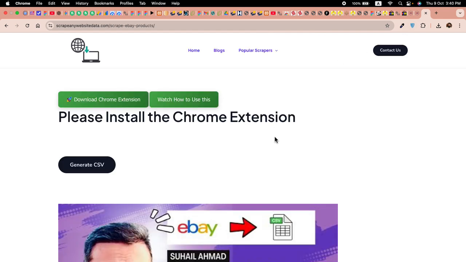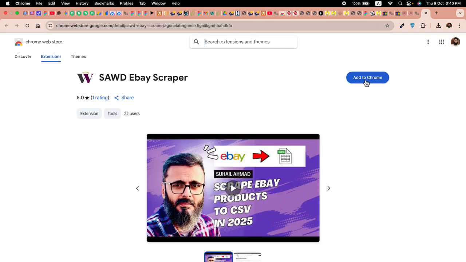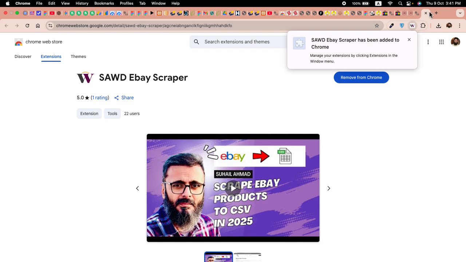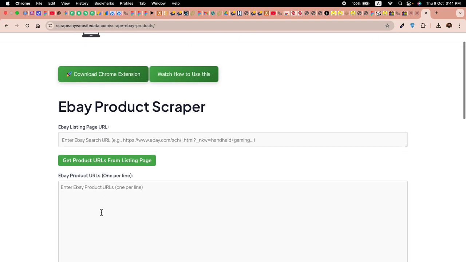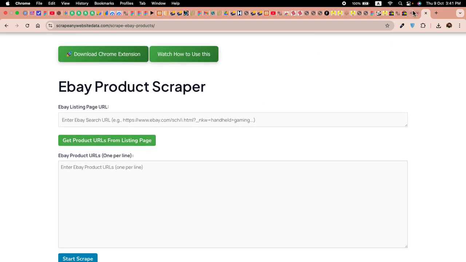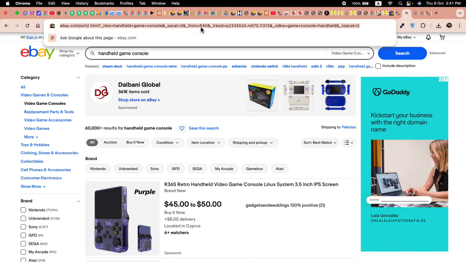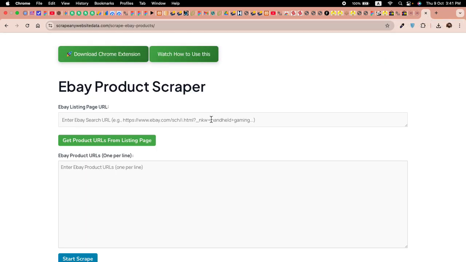Click on eBay and here download the Chrome extension to see the search fields. Click on add to Chrome. Once the extension is added and activated, refresh the scraper page and you will be able to see these two fields. So just go to eBay and copy that URL where we search for the products and add that URL here